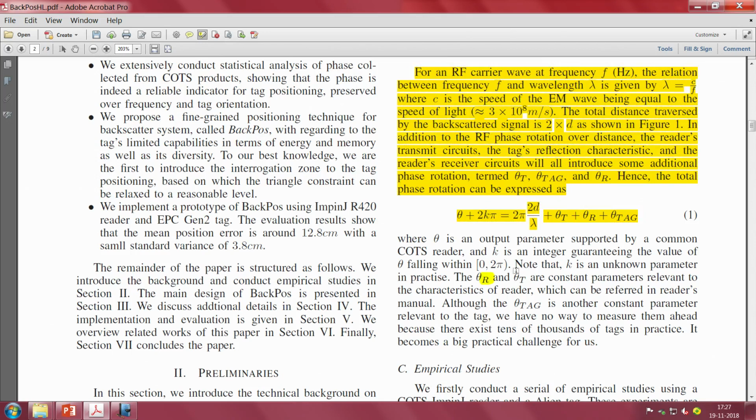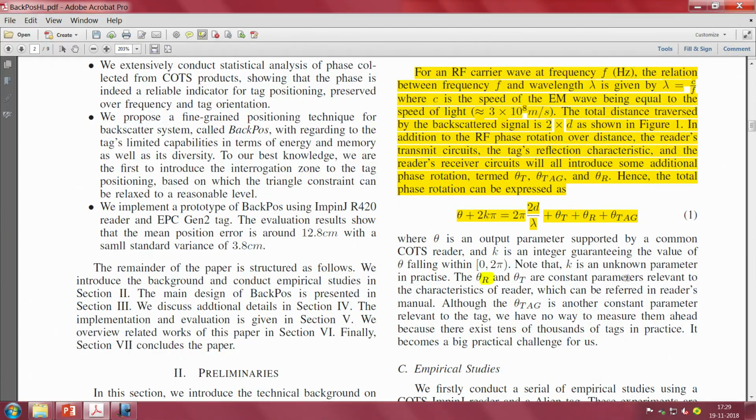Also observe the interval over which theta is falling. This is very important. The interval is not a completely closed interval. You can see it is closed on the left side, but because of the distance at which the tag and the reader antenna are situated, the right side is not a closed interval. There can be n rotations after which you can read theta, and therefore this is not really a closed interval.